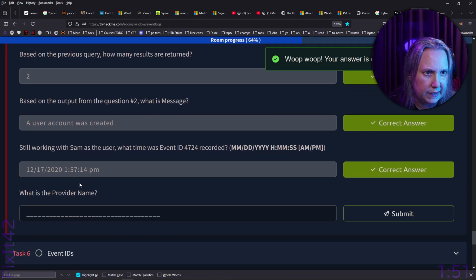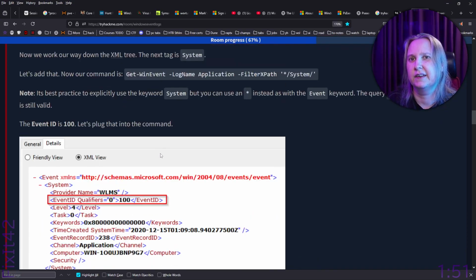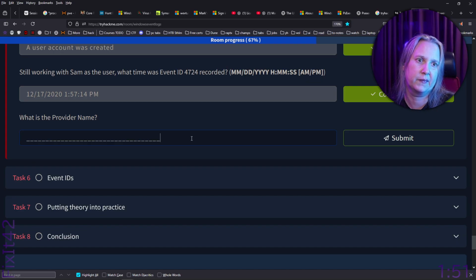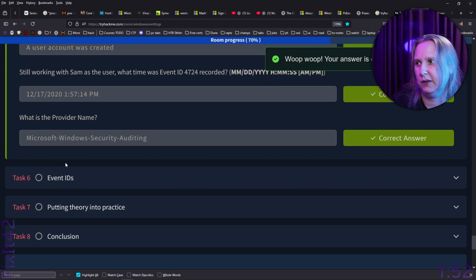What is the provider name? Okay. Oops. It's the last question in the section at least, but I have to type this. I wonder if this is right though. Microsoft dash Windows dash security dash auditing. So